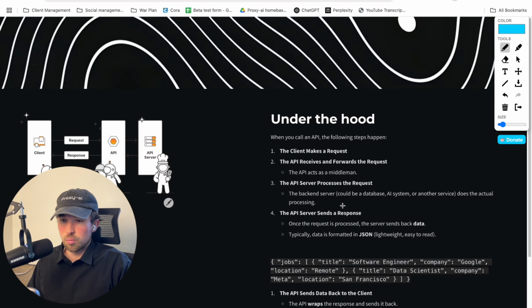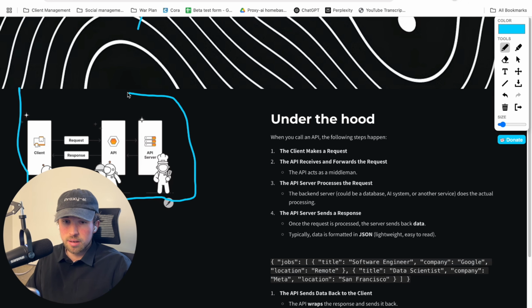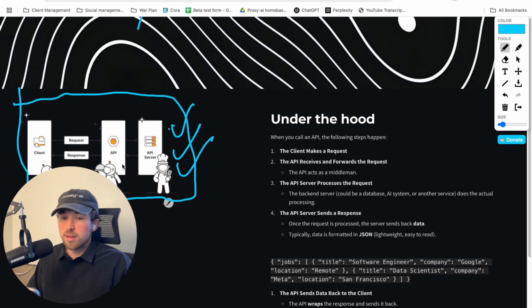So under the hood, what does this actually look like, right? So the client, just what I said, this diagram right here. The client, which is your machine, it can be your phone, a tablet, a computer, sends a request to the API. The API sends it to the API server. And then if everything ticks all the boxes it's looking for, the chef's like, dope, sends it back to the API. And then it basically just filters its way back to you, the client. And then you're super happy and you make money because you can sell this thing. And the API allows you to conduct this process very efficiently.